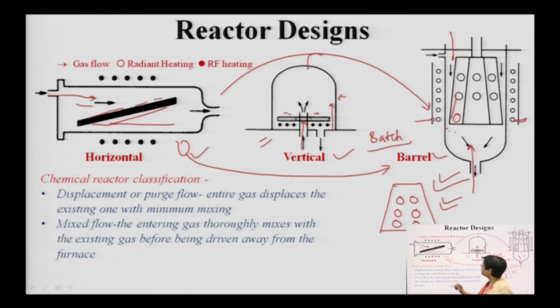Whereas in this particular method, you have vertical alignment of the gas flow, and the gas flow is normal to the wafer substrate. Since it is normal, there are no boundary conditions involved, and there is no distance or separation from the wall to be incorporated. The only limitation in this case is that it is a slightly expensive process, because you need a lot of specifications in the design. Secondly, it has a limited set of wafers which it can